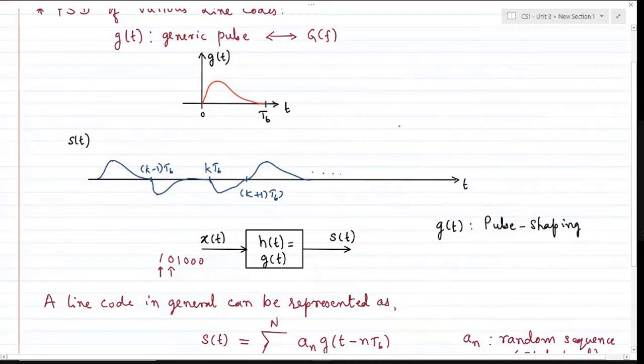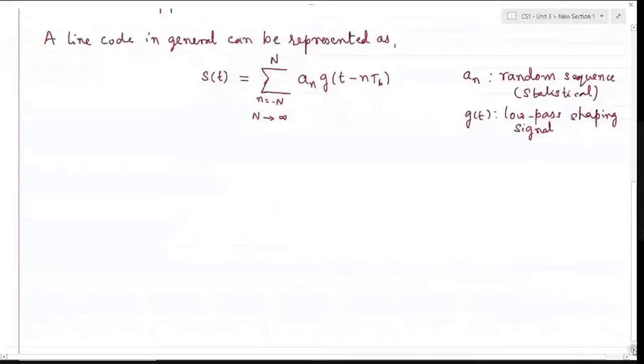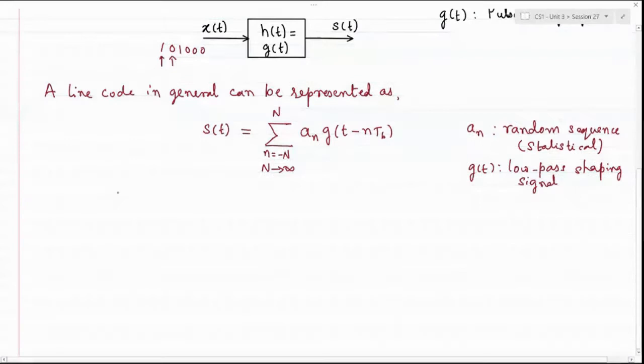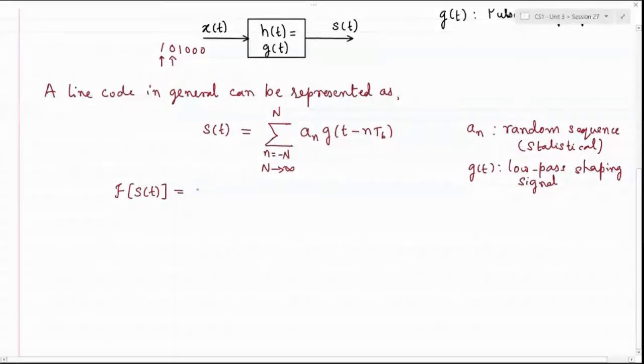Okay, so that's about this part. We'll elaborate on this. It's kind of an interesting result that we'll be getting at the end of this discussion. So our job is to find out the Fourier transform, or frequency domain representation, of this s of t, and hence if I take the Fourier transform of s of t, which I need to find out, which is S of f,